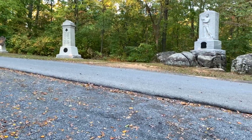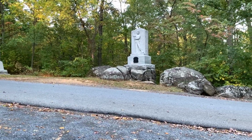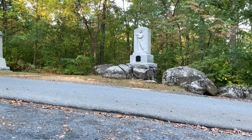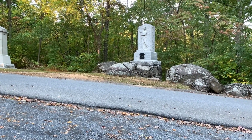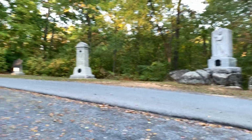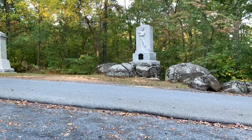So I just wanted to get some shots of the famous Celtic Cross, and then you can see more monuments to different units. This is the 5th Michigan directly across from here. They were also a big part of the fighting here, and they were 3rd Corps, so they were one of the units from, I want to say, de Trobriand's division, and they were here early on in the fighting, and it was the 2nd Corps units that showed up later as units started to get fed in to try and shore up